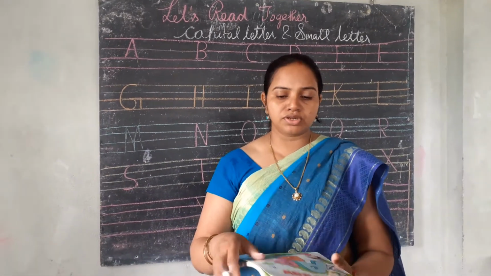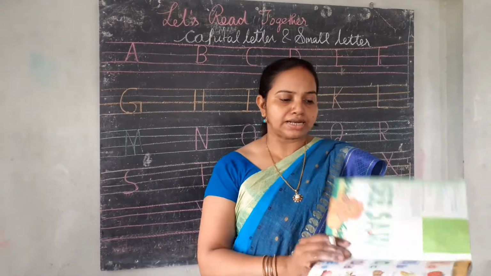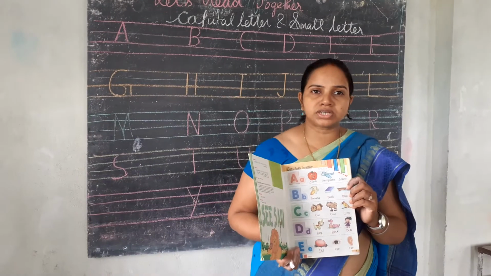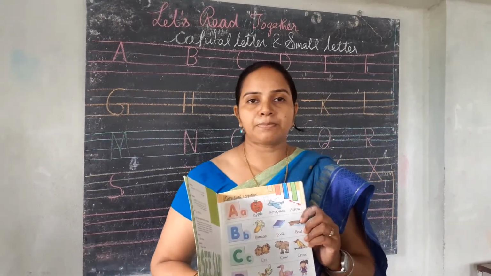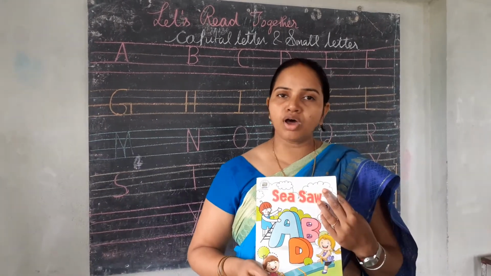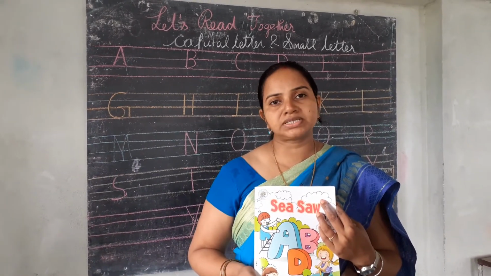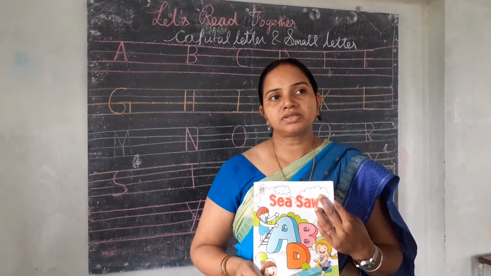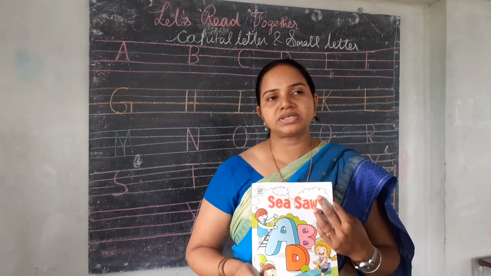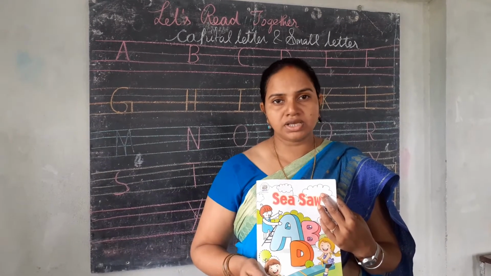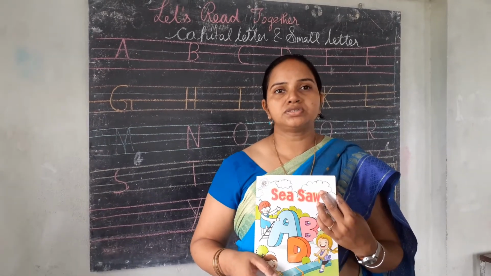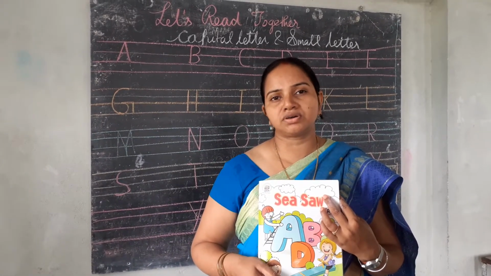So today we are going to start with the first page, that is your page number 3. Okay, so students, in this page number 3 they are talking about the capital letters which have been given in our English book. So we all know, how many capital letters are there? There are 26 capital letters. Okay, so in these 26 capital letters, 5 are vowels and the remaining are what? Your consonants. So the 21 are your consonants and the 5 are your vowels.